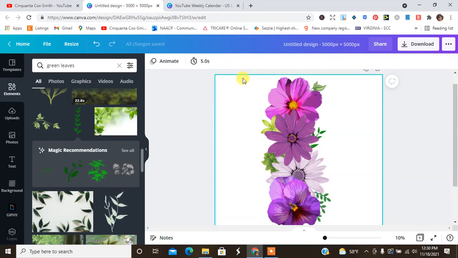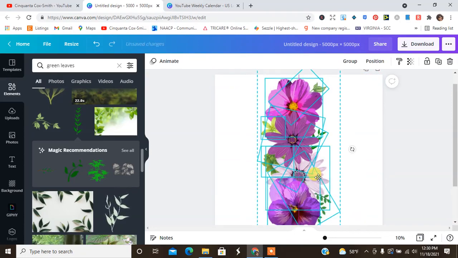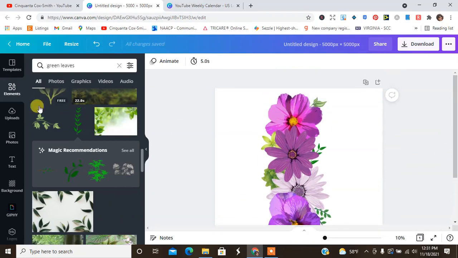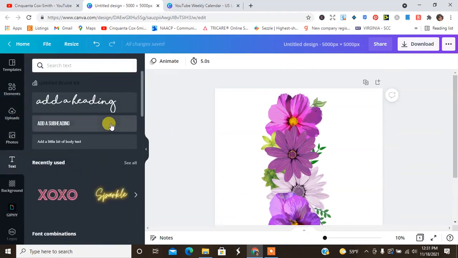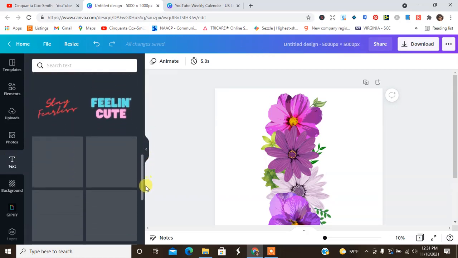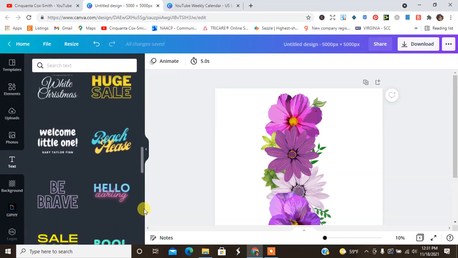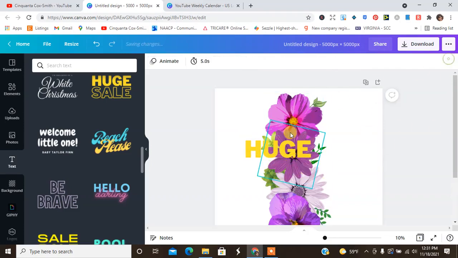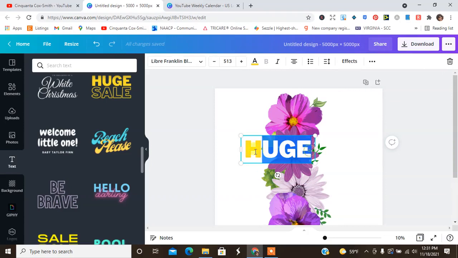Then I'm going to grab all of this together, move it down, look at it, see if I like that placement, and then I'm going to go over to some of my favorite letters here. Let's use this one, but I'm probably just going to use the bold letters. I think this is grouped together. I'm going to ungroup it. And I'm going to use the